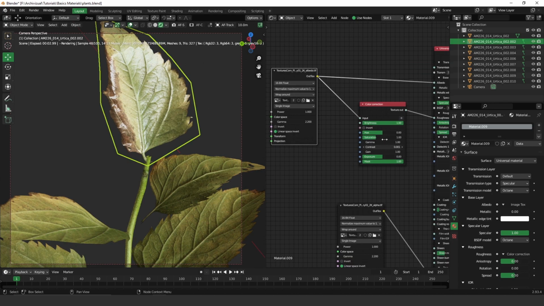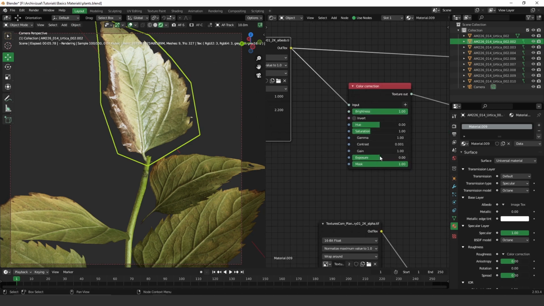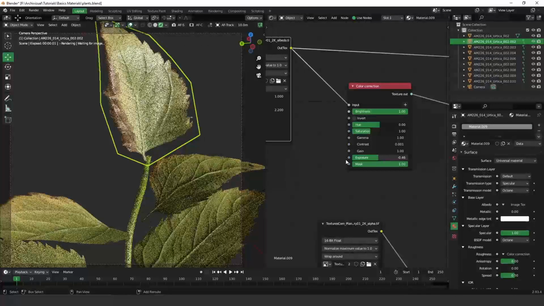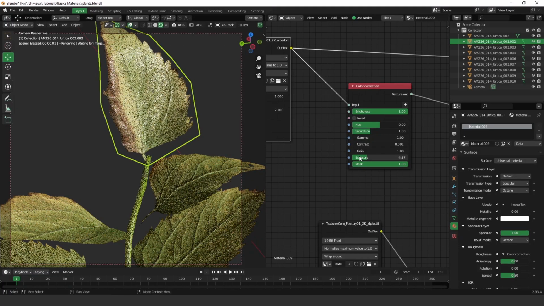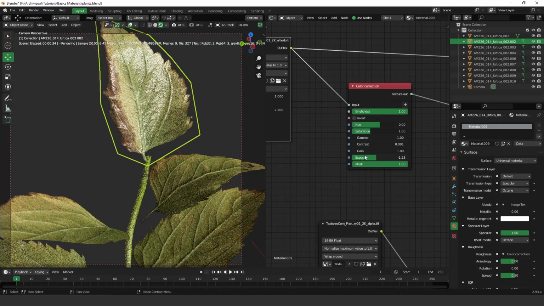Okay, so let's adjust the exposure of this. Before I do that, actually, let's desaturate this texture here. And now let's play with the exposure,